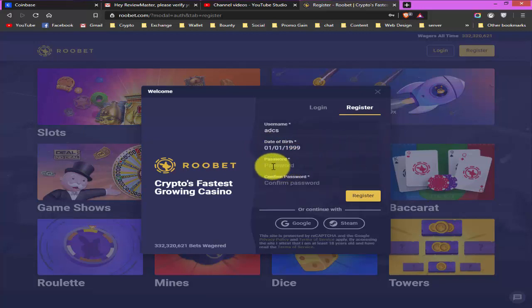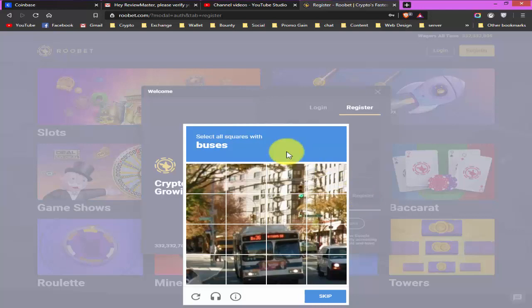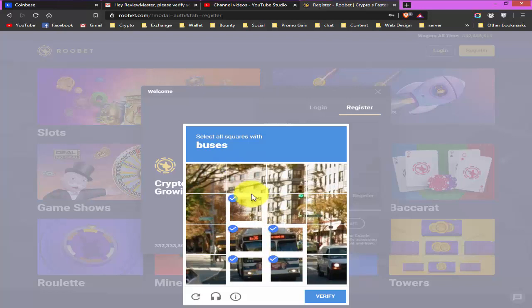After that you need to input the password which you are willing to use on this website. Always try to use a strong and unique password so that no one can access your account. I will use a demo password like 1234. Here you need to confirm your password, 1234. After that if you click on register, then this recaptcha will pop up and you need to solve this. I already have an account, so I won't do that because if I do, a new account will be created and I don't want that. So once you solve this captcha, your account will be successfully created.